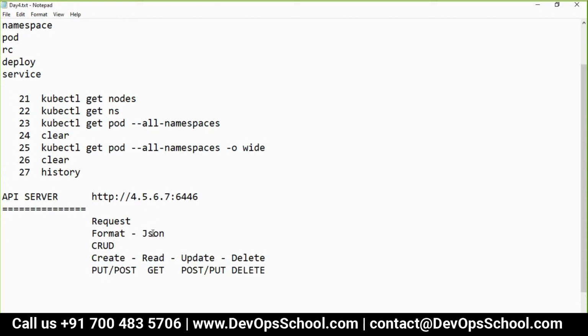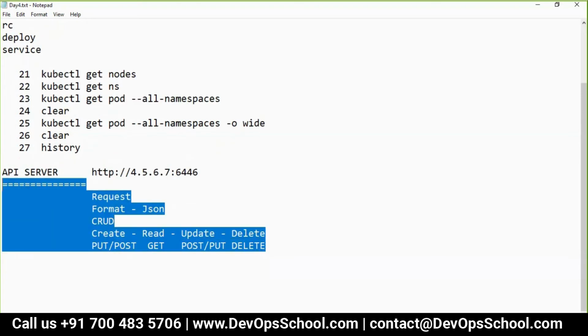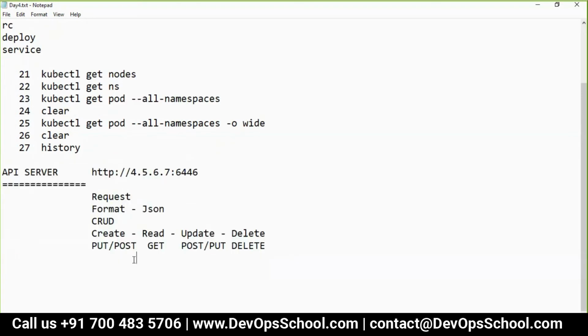This is not Kubernetes. This is a global mechanism to communicate with an API. Correct now? Right. So if you understood this one, then you understood everything. So the first question is, what is the list of APIs? First I will learn what the list of APIs is. And actually, I don't know.